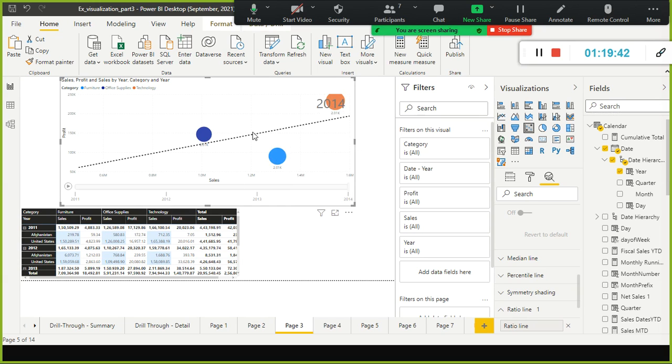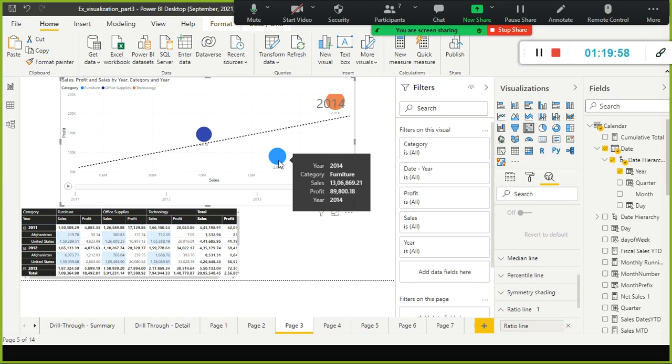See here, this one is also deviating. Anything which is far away from this is also deviating, and this is also deviating. And let us see what this one is. This is 10 lakh sales, but 1,46,000. Here how much?